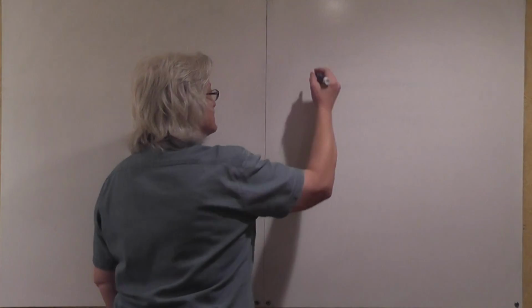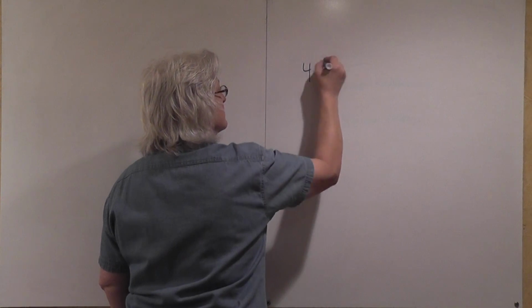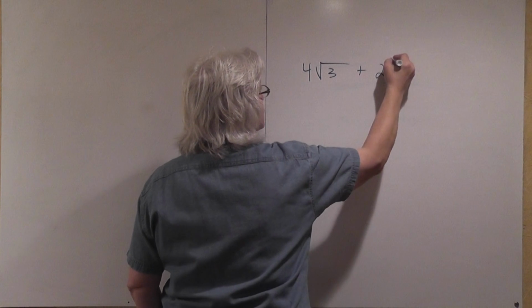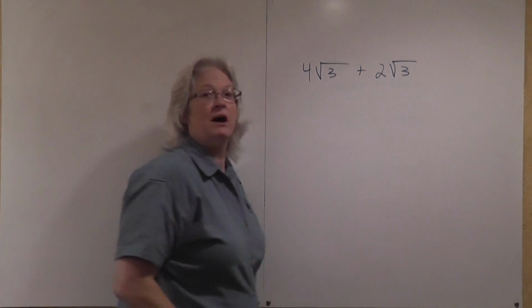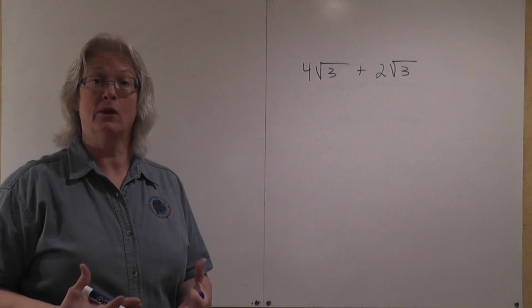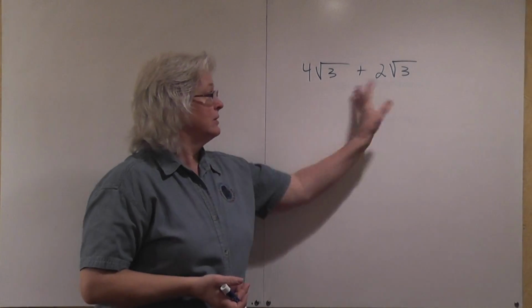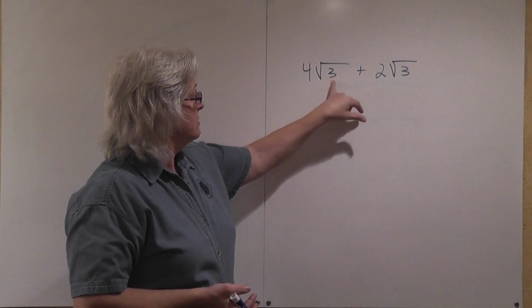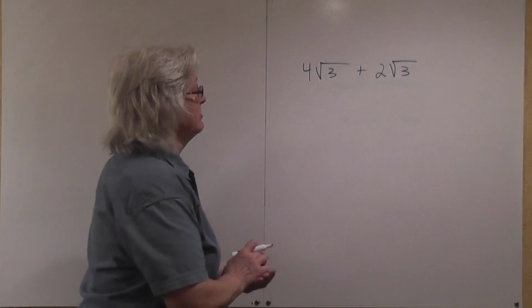And once you have like radicals, you add or subtract the rational part of that expression. For example, if you had 4 times the square root of 3 plus 2 times the square root of 3. Now, not that long ago, that would have looked like a little bit of a mess to you, but you can recognize this. This is pretty much just like saying we're going to add